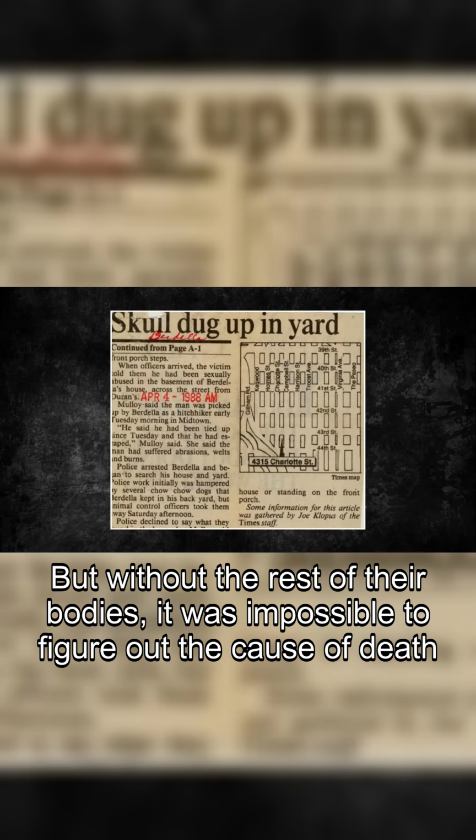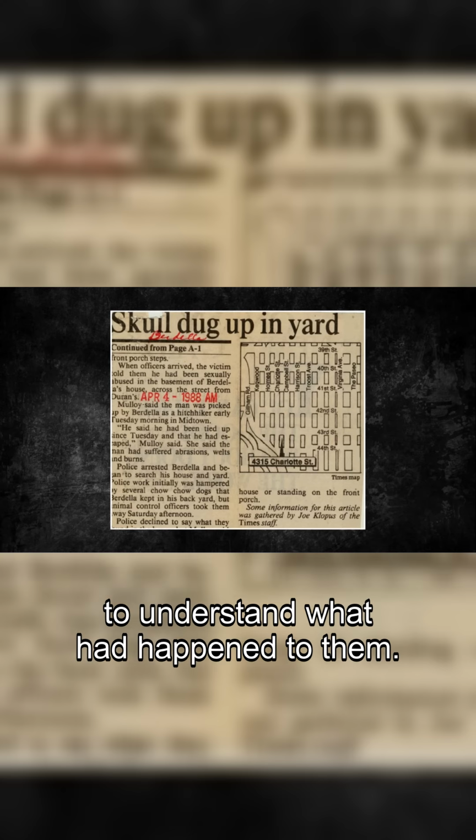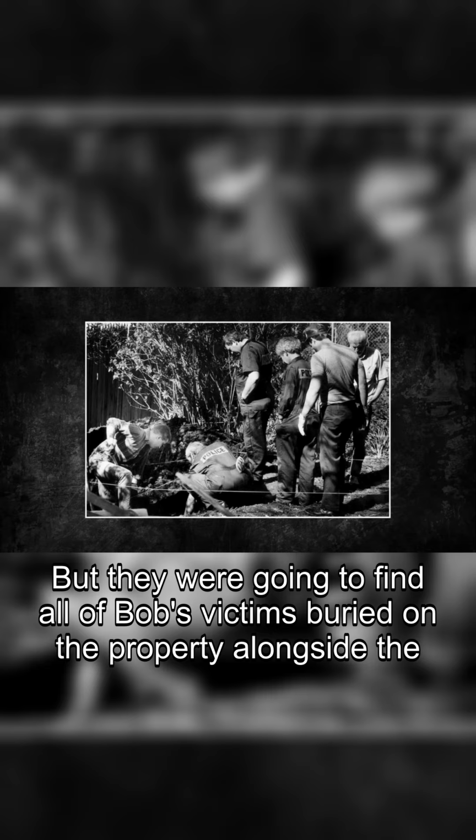But without the rest of their bodies, it was impossible to figure out the cause of death for either of the men, meaning identifying who they belonged to was now vital to try to understand what had happened to them. Confident they were going to find all of Bob's victims buried on the property alongside the head they had discovered,